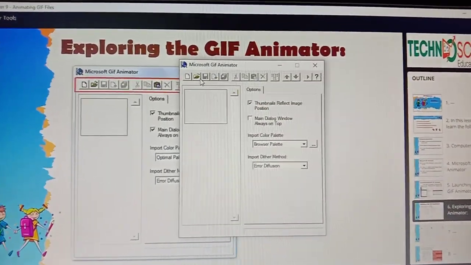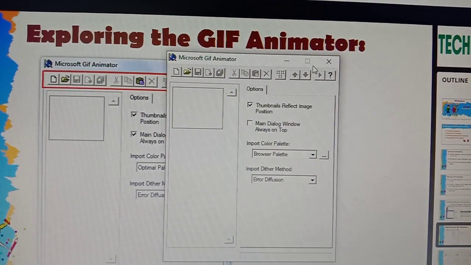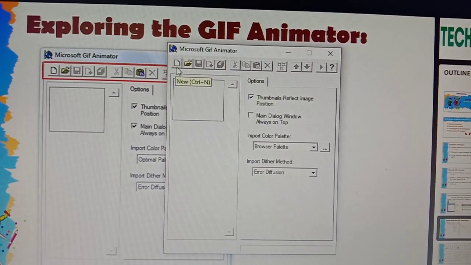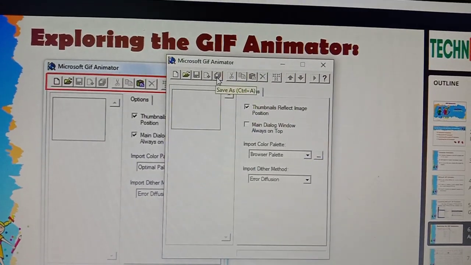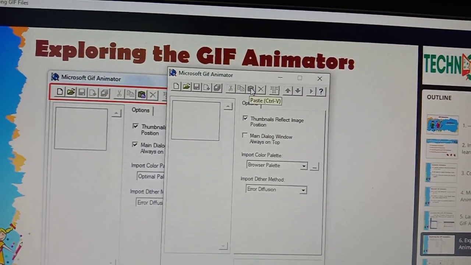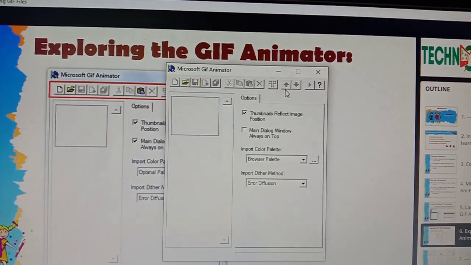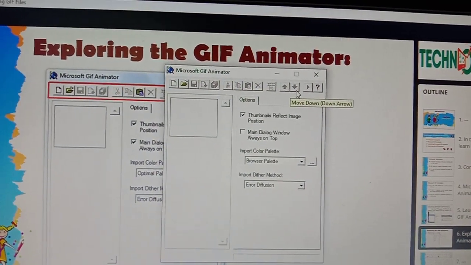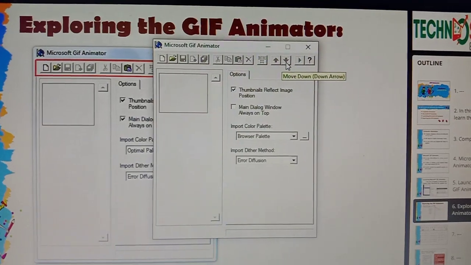Okay. See here, children, as I told you, this is the toolbar in the window. This is new, open, save, insert, save as, cut, copy, paste, delete, select all, move up and down. That is move. You can use this arrow for interchanging the images.